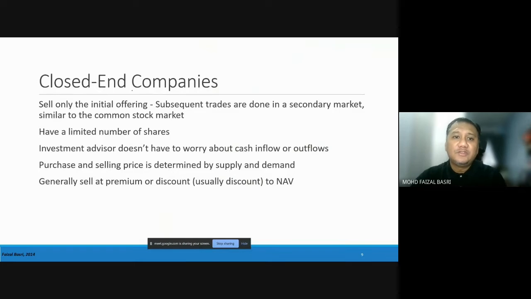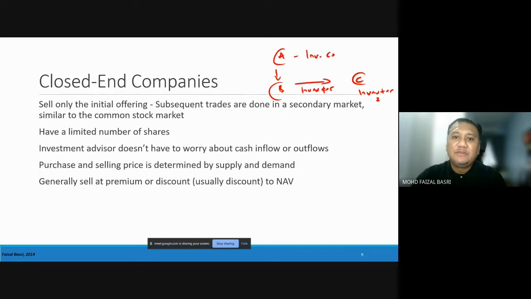Okay, so untuk close end companies pula, the nature pula it will be slightly different. Dia still ada investor kat sini. Investment company kat sini. And we have investor. So A akan jual the stocks ataupun the unit trust to B, and if B wants to sell ataupun bila dia nak liquidate, dia tak boleh jual kepada A. Okay, they will sell to the third party C. Okay, so this is another investor.